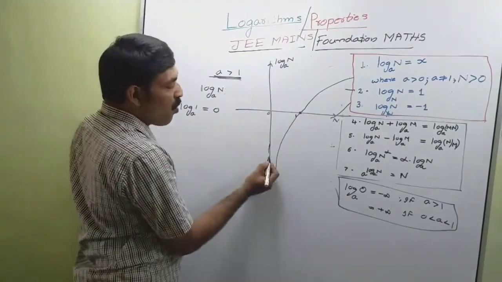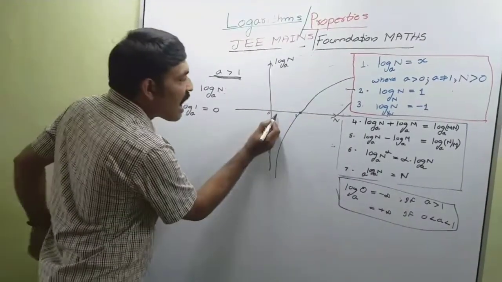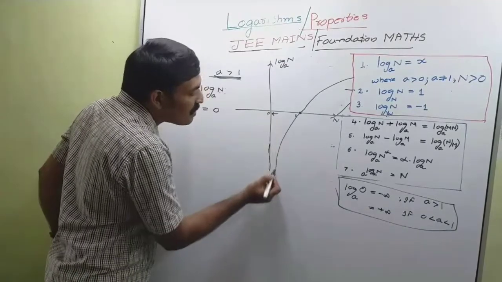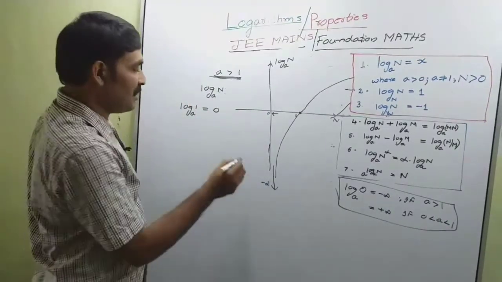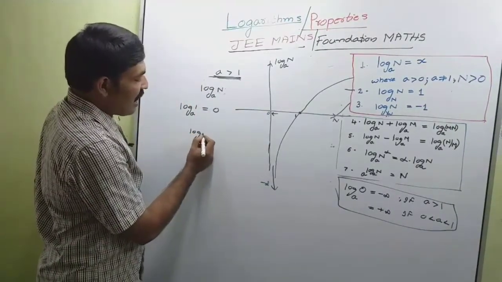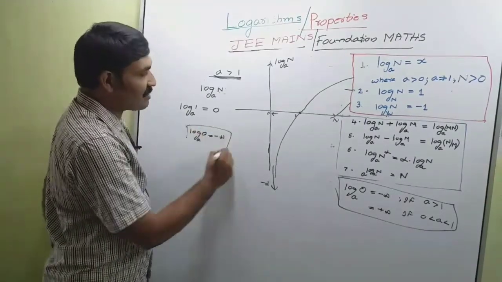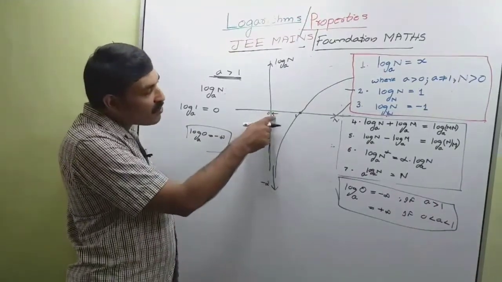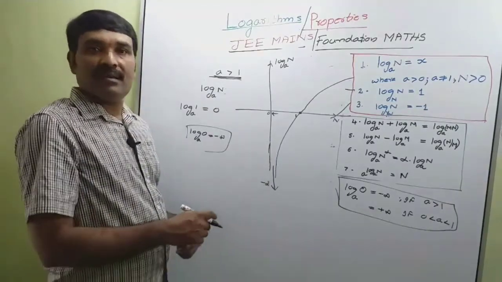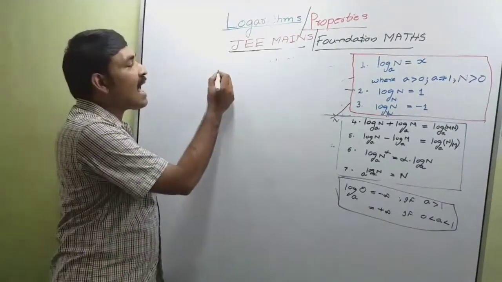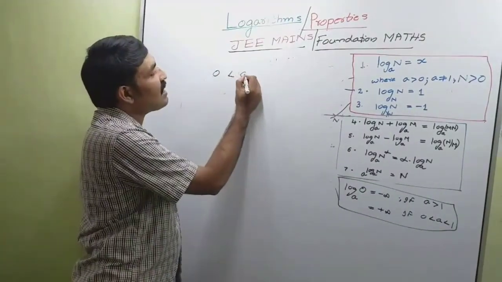Now, as n tends towards 0, that means n is approaching 0, the graph is approaching minus infinity. That means log 0 to the base a is equal to minus infinity. So this is clear from the graph. As n tends towards 0, the graph is going to minus infinity. Okay, clear. Now, if base a is lying between 0 and 1, that is 0 less than a less than 1,